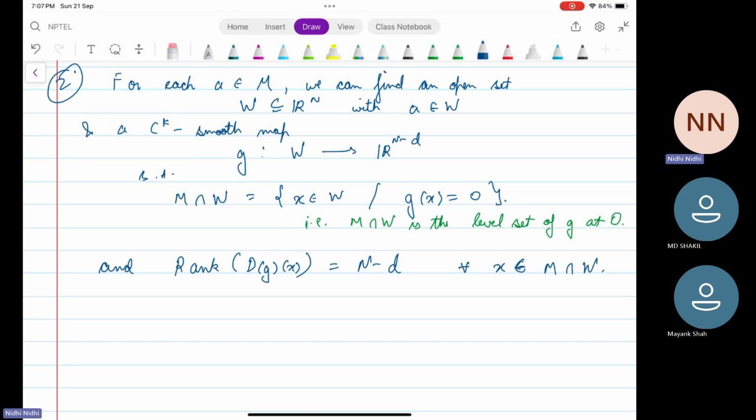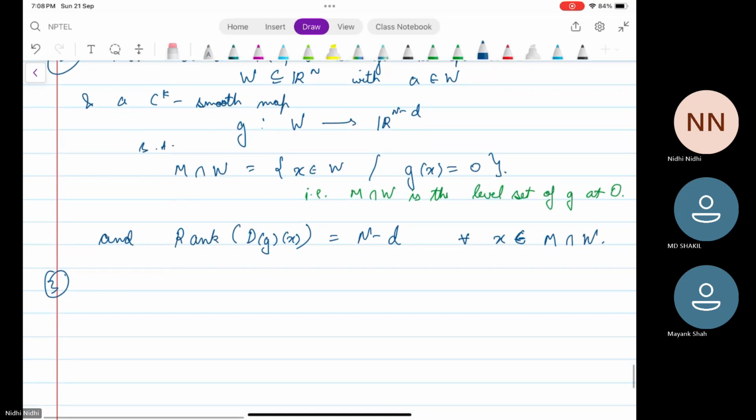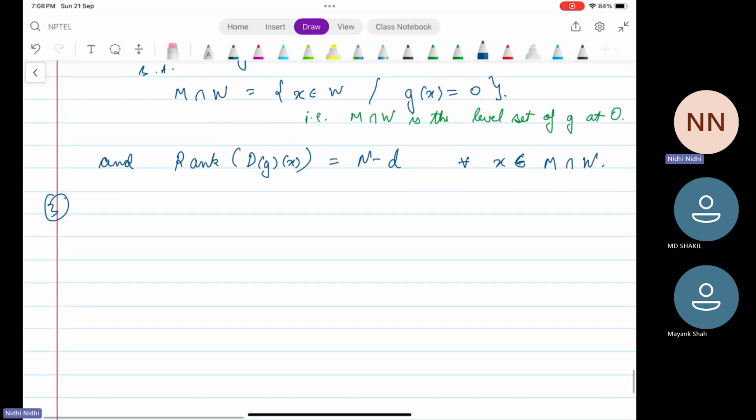We'll see that using this condition, we can show that the unit sphere, in fact any ball, is a manifold, an n minus one dimensional manifold. Next condition is that for each point A in M,